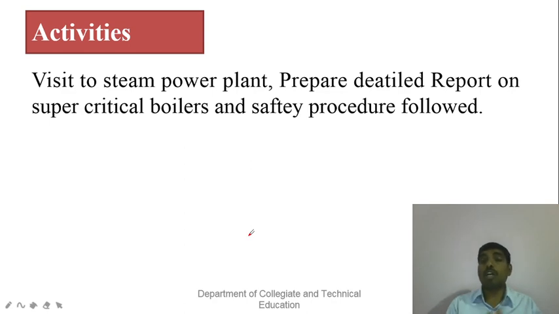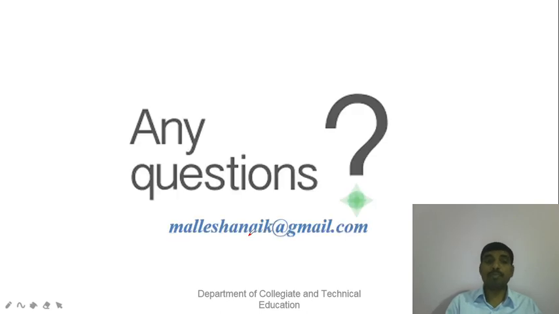high power. Earlier we had limited pressure boilers. There also we were producing powers above 200 megawatts, but nowadays the boilers are becoming supercritical in nature, with the absence of a water tube and drum. For that purpose we can expect more than 800 megawatt, 1000 megawatt, 1500 megawatt. So we have to visit a steam power plant to know about these supercritical boilers.